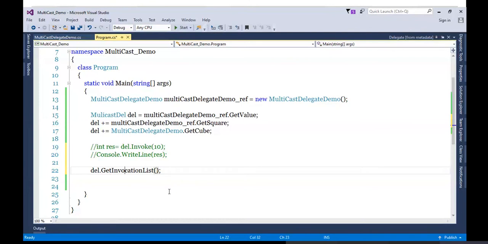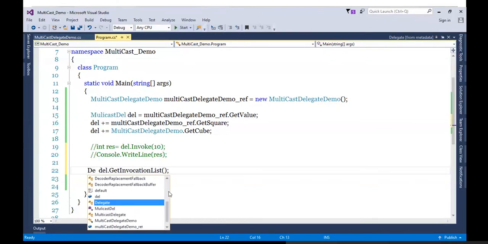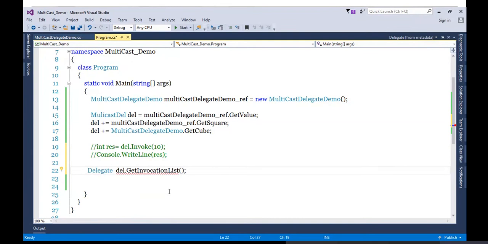So let's store this in a delegate array. Let's name it as delegateARR.